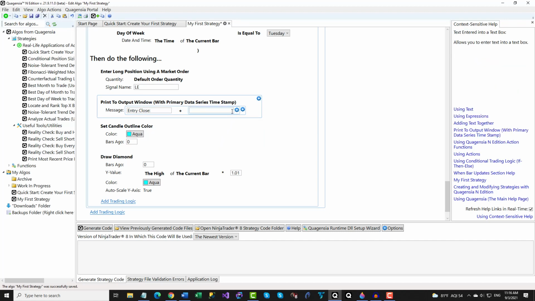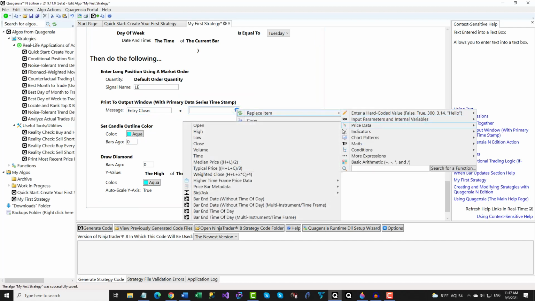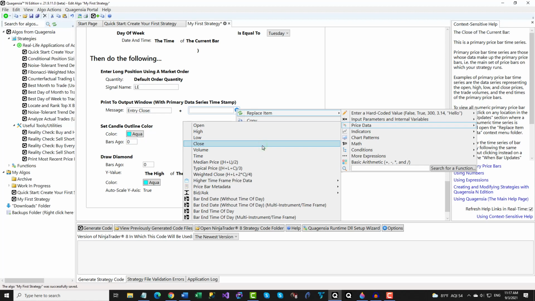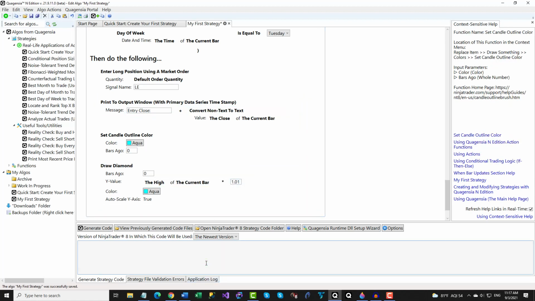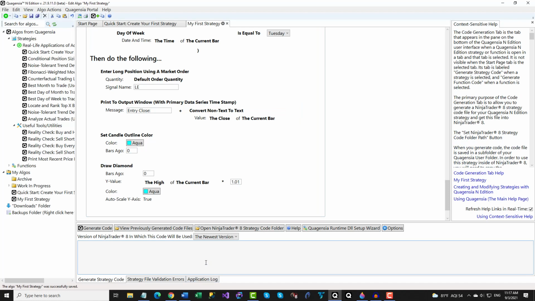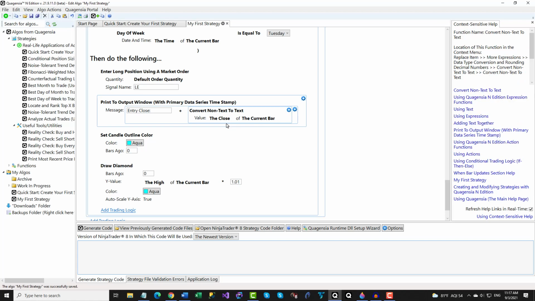To replace the empty text box with the close price of the signal bar, click on the gear icon to the right of the empty text box and select Close in the context menu under Price Data. When you do this, the close of the current bar replaces the text box. Notice how the close of the current bar on the canvas is wrapped inside of a function called Convert Non-Text to Text.